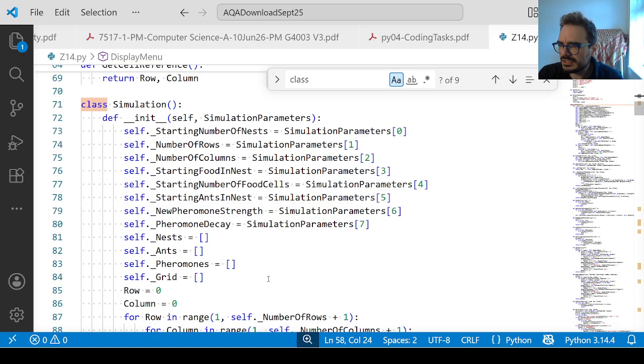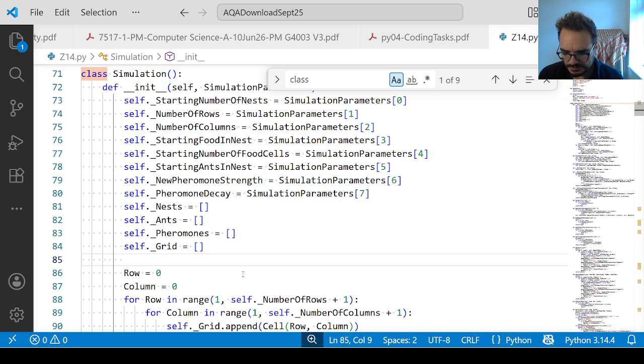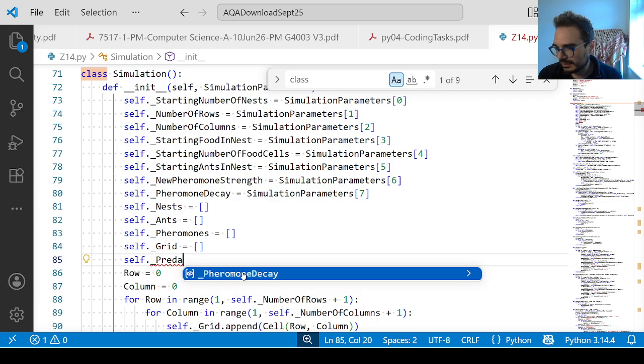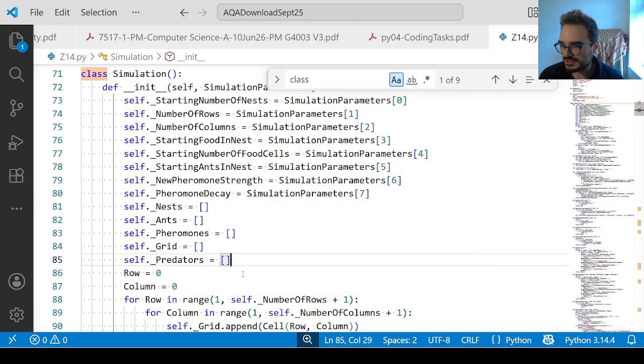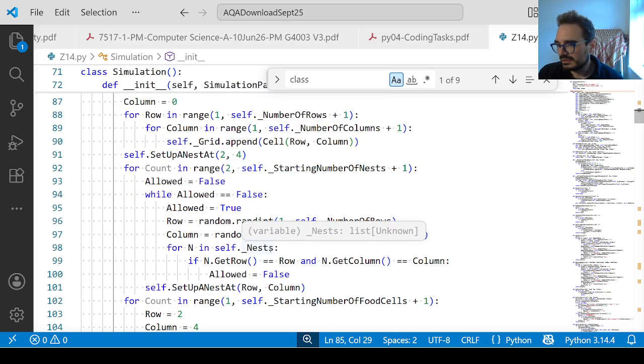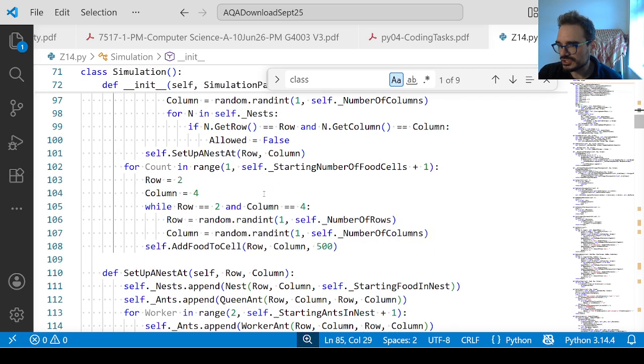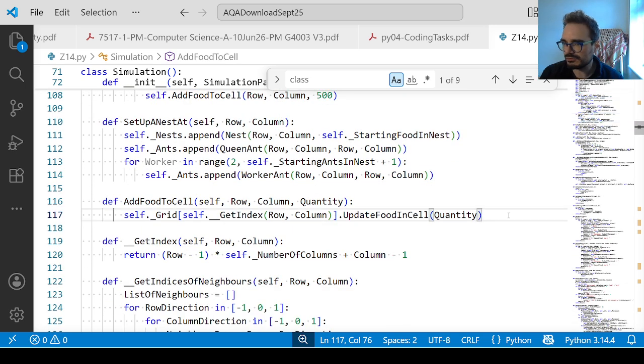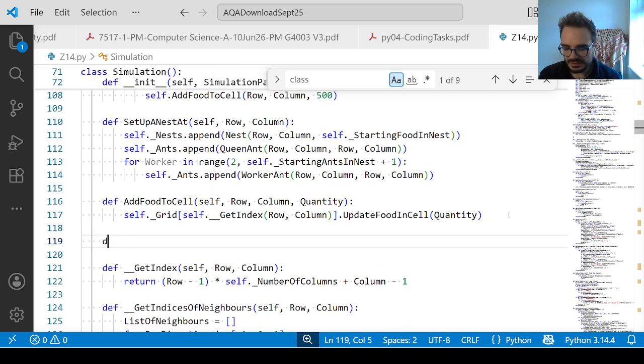Anyway, in here, just like we have a grid and pheromones and so on, we're going to have a cheeky little predators, plural, which starts as an empty list. Not changing this, adding the food, whatever. Setup nets. Okay, so just like we have add food to cell, we're going to have an add predator